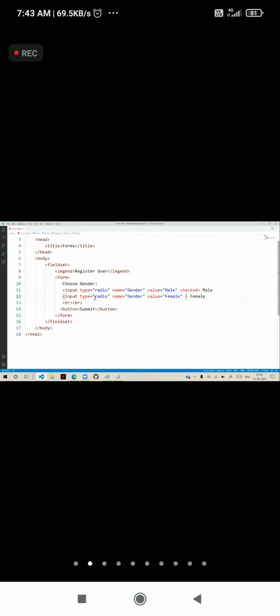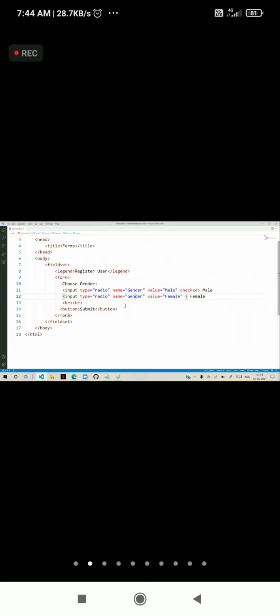Technically, radios are used for exhibiting the mutex mechanism. If you don't give a common name, every radio button is independent, and you can select more than one radio also. Next, checkbox is also the same, but the checkbox advantage is you can check and uncheck.